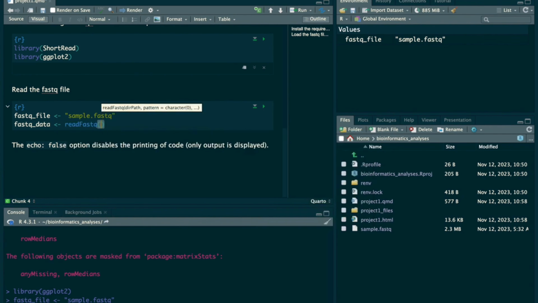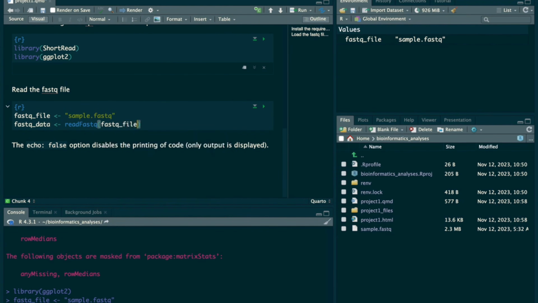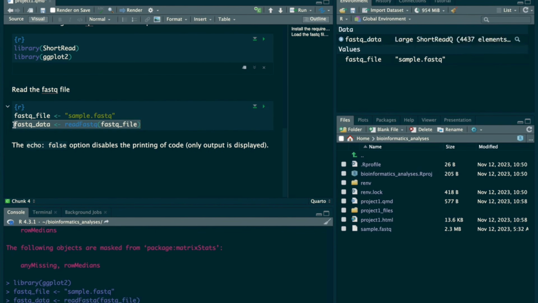So if you click this and your variable, it should be the FASTQ file. If you select it and then press Command and Enter, your file will be loaded. If you click this chunk, the whole thing will be executed. If you put the cursor on a line and press Command and Enter, I think in Windows it should be Control and Enter,